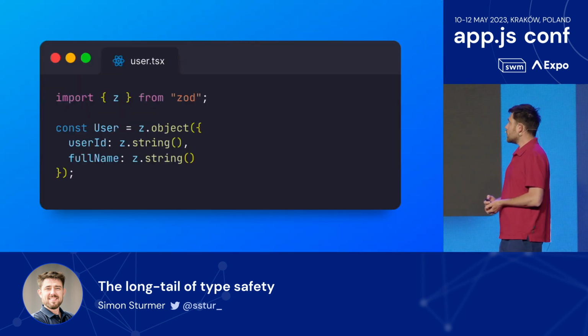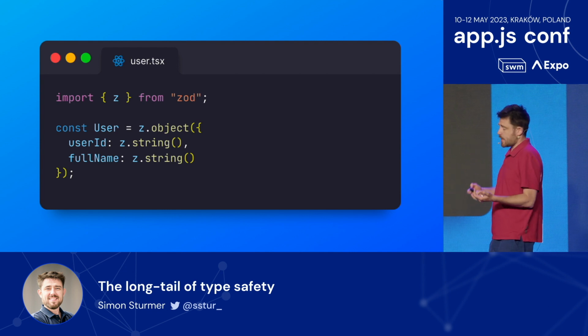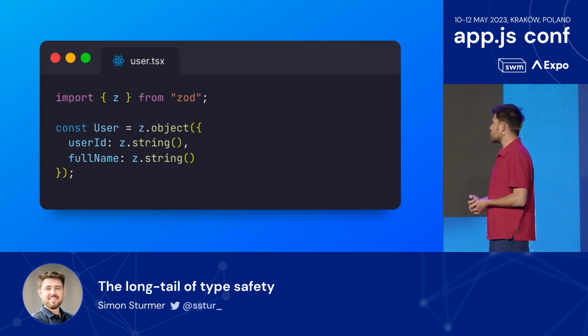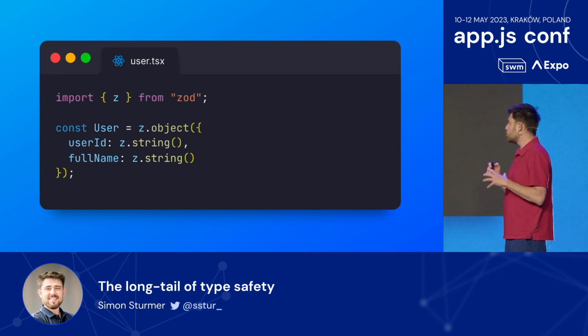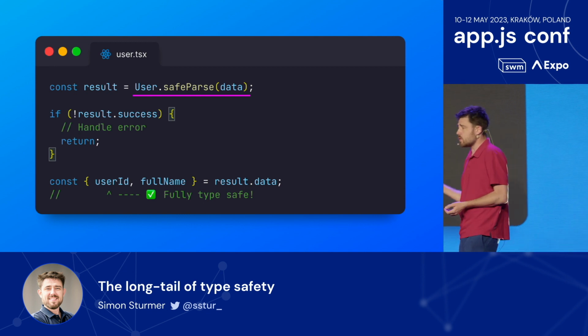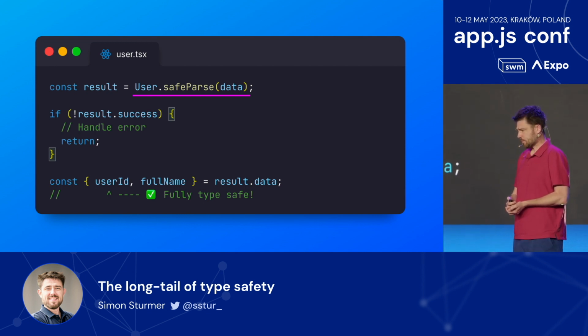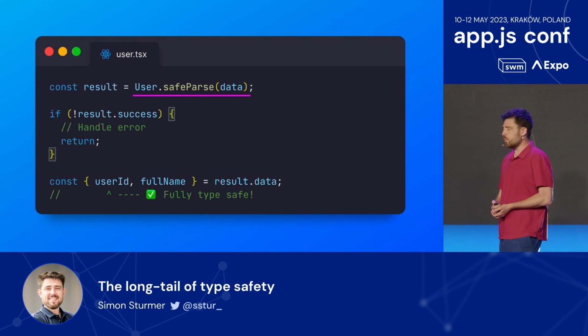So here, we can just define a schema. We can say, okay, this is what a user looks like. It has this field that's a string. It has this other field that's a string. And then we use this schema to validate, right? This is an example of using safeParse. It has various different methods on it. But here we can say, all right, we're not just going to take that data and blindly destructure it. We're going to run it through some validation logic.